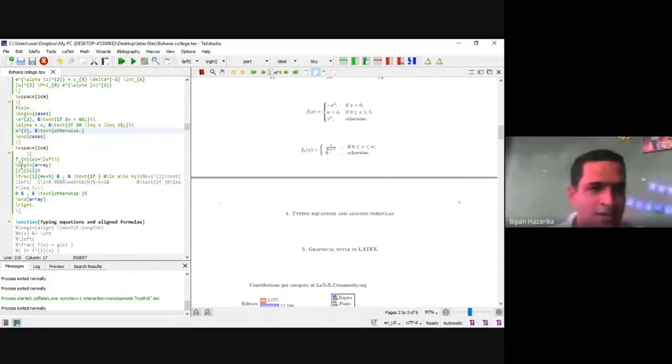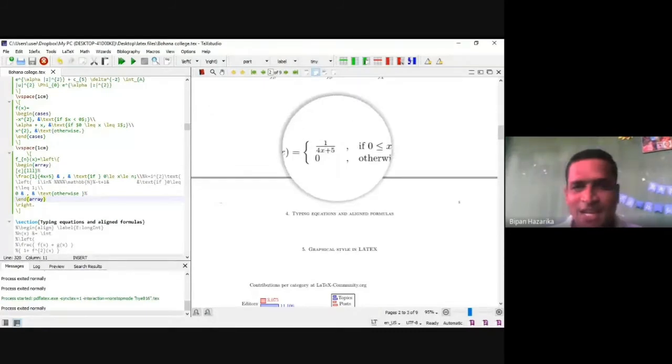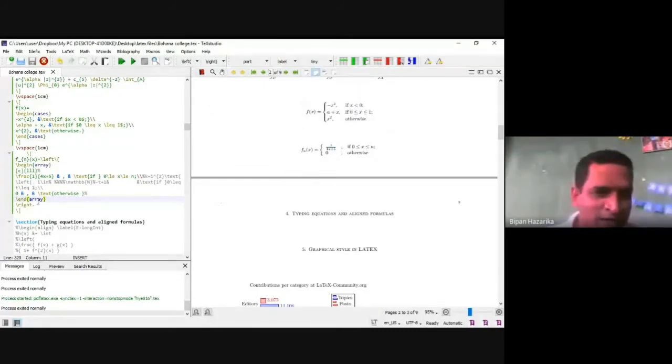Here, in place of cases, we are using the array environment, so \begin{array} and \end{array}. Since we need only the left-hand bracket, after \end{array} we write \right. I have not put a bracket here.